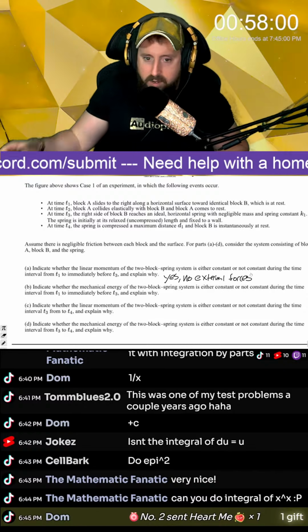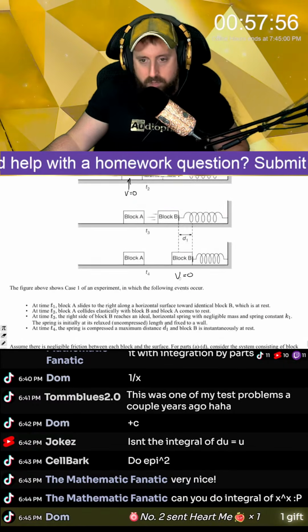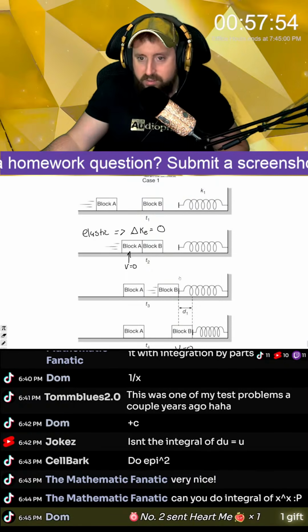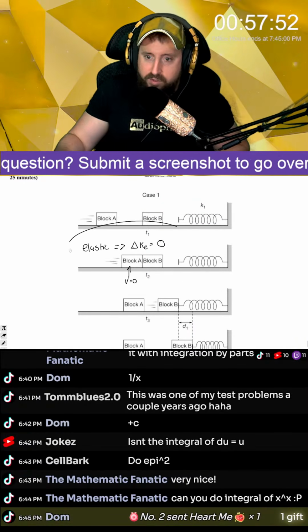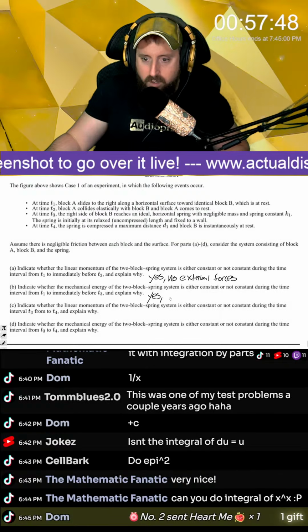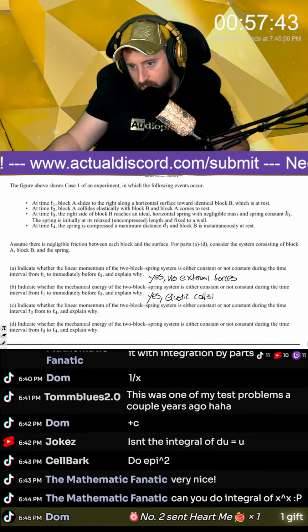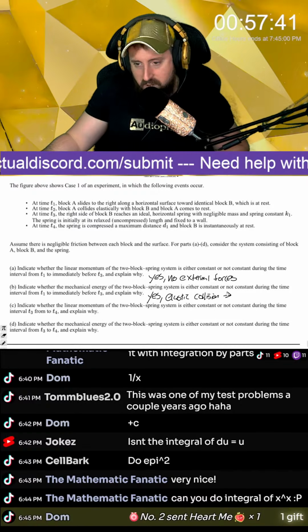Indicate whether the mechanical energy is constant from t1 to immediately before t3. It is as well, because it was an elastic collision. Elastic collision means